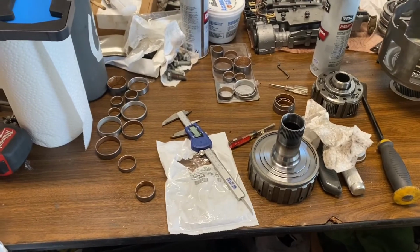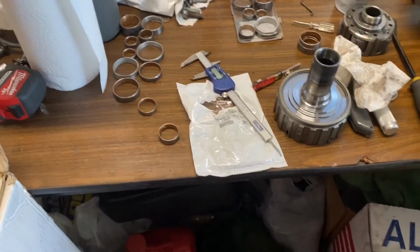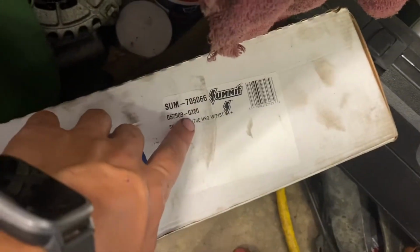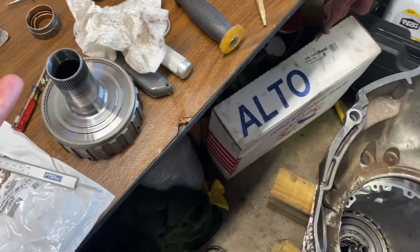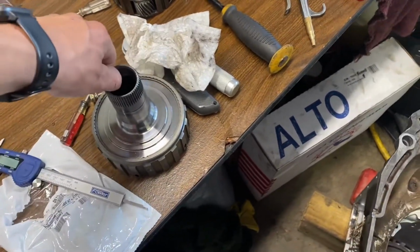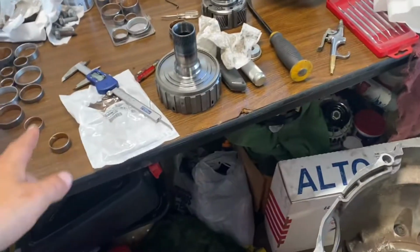Okay, so I've been scratching my head for a while now on what to do. So it looks like I just ordered a master bushing kit off eBay. It had like 2 more bushings in it than this kit has, so I'm hoping that's one. So if any of you are looking, this kit here, unless I have some aftermarket parts in here, which I don't know, it's missing a bushing. So yeah, I'm going to get this packaged up,